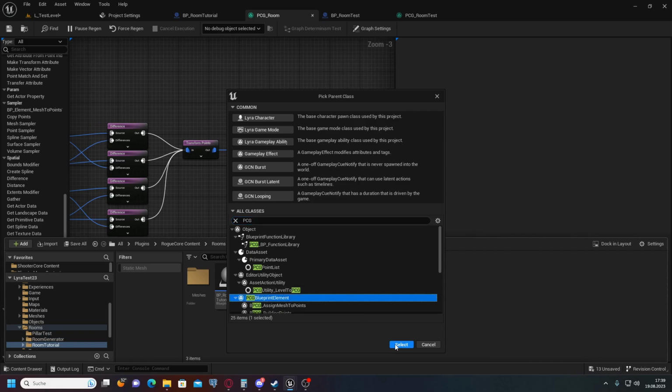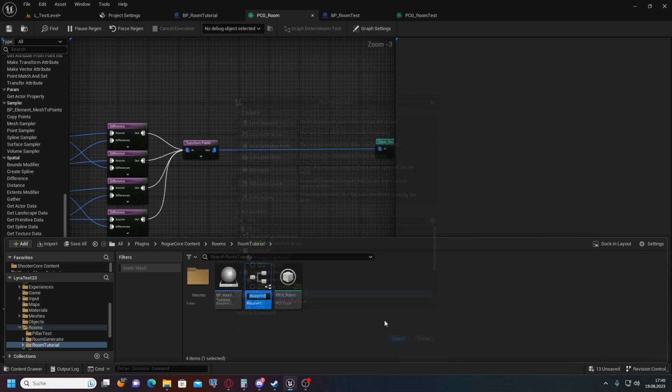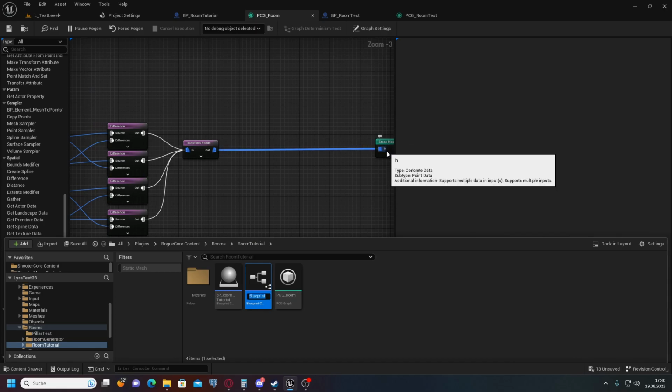The PCG blueprint elements are all those nodes that we can see here, for example the difference node, the transform points, and even the static mesh spawner. However, some of them are C++ versions, so you won't necessarily find them in the engine folder as blueprints. We are going to call this BPCG